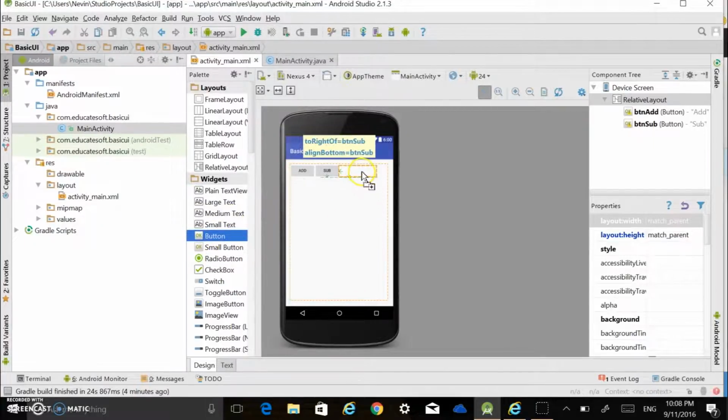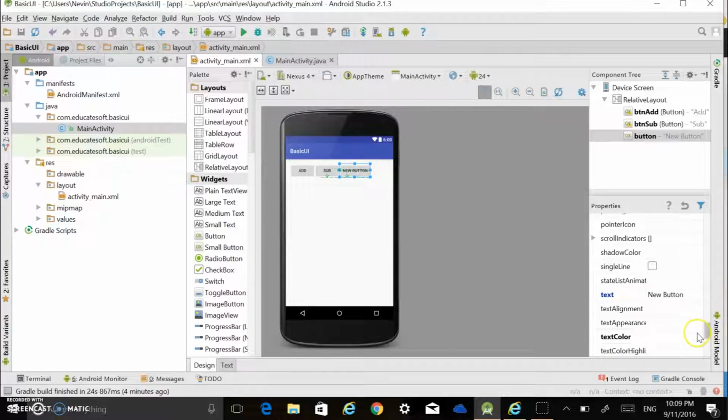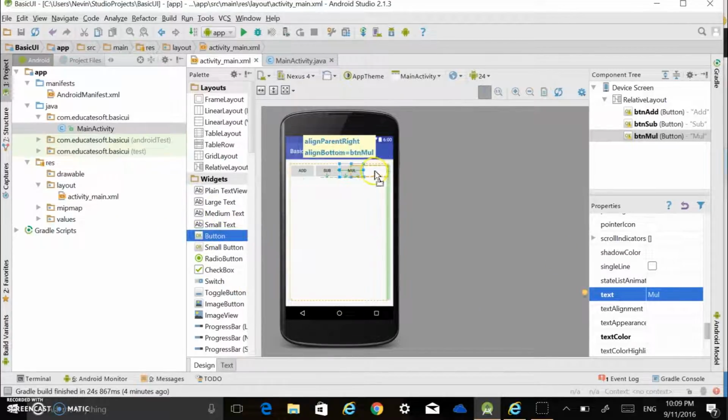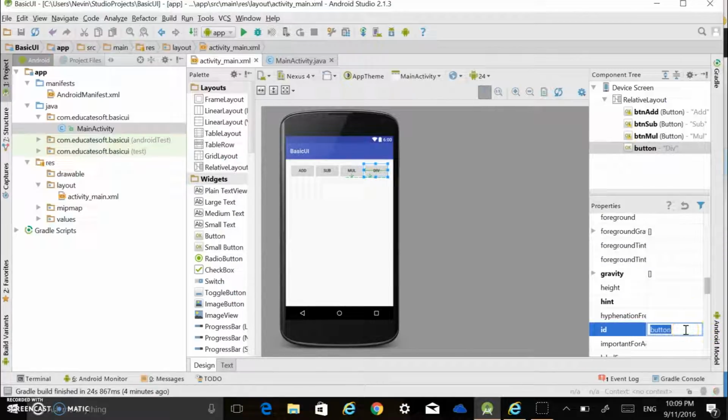Just grab another button, drag it in there. So you get the routine. Basically all I'm doing here is changing the name of the button under ID, and then changing the text. So I'll just put mul for multiply for this one, and I'll do one more button here, and div up here, button div. Then I'm going to have one more button that's just going to be a calculate button, and